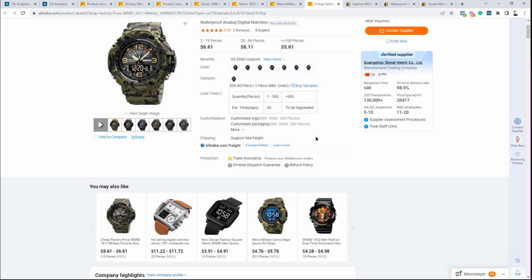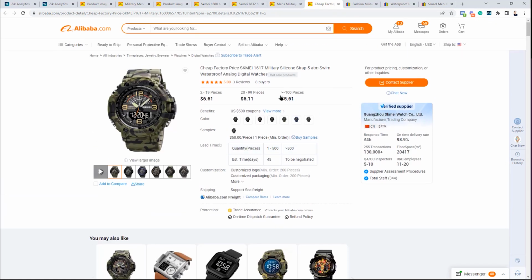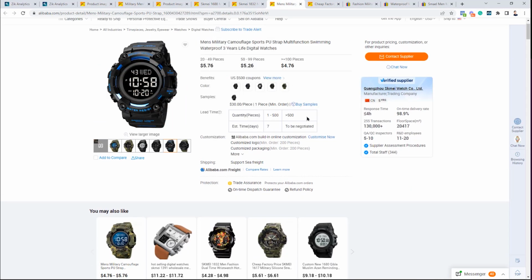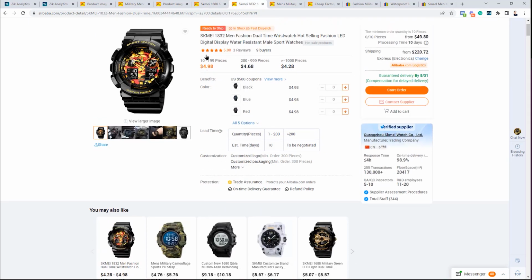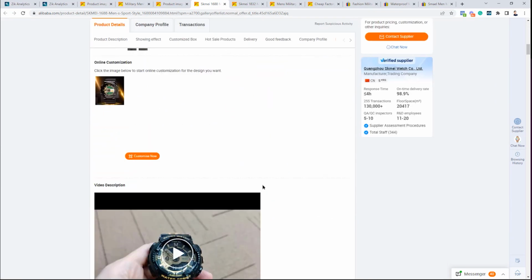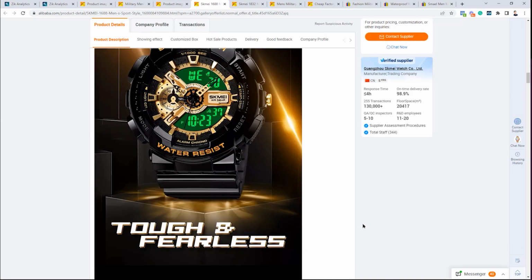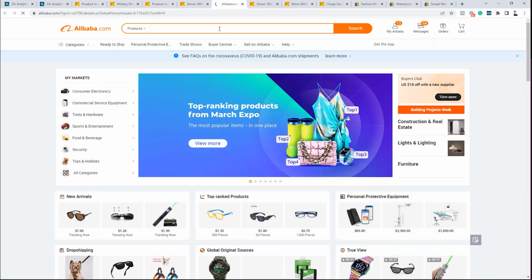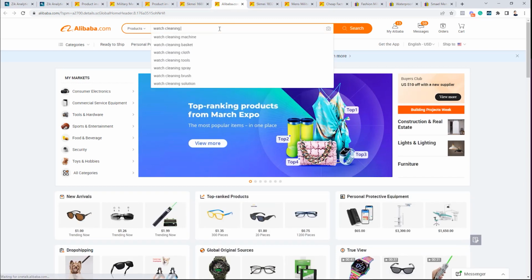We all agree, by the way, that we need to have variation if we want to have an advantage. And I would easily go for one listing like this, or the 100 pieces. Okay, try to negotiate the price down and maybe even bring exactly the same one. Okay, but see which add-on I can add. Maybe bring it with a box, maybe bring it with cleaning materials. And for this, I will just open another page on Alibaba and write here, watch cleaning